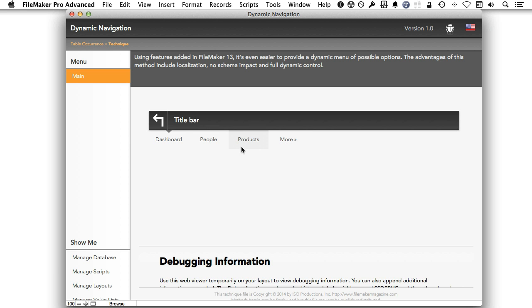Now where these 2 menus would typically take me to a separate targeted layout, this one allows me to dynamically change the menu itself. I want you to recognize that there are 1, 2, 3, 4 menus, and when I click on more, if I click in this exact area, which I'm clicking as I move my mouse around, that button is no longer there, but yet